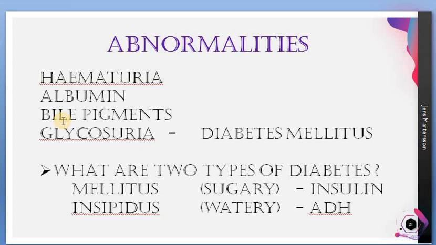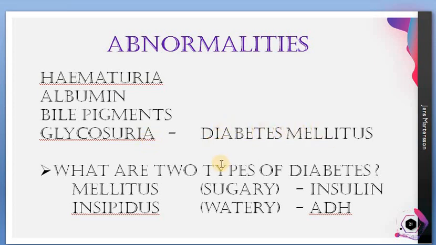And one more disorder that we need to know is glycosuria. This is very important from exam point of view. Glycosuria means urine with glucose, or glucose is found along with urine. Okay, so we are going to learn a little more about this glycosuria. It's a condition generally we can find in diabetes people. Glycosuria is one of the symptoms of diabetes.